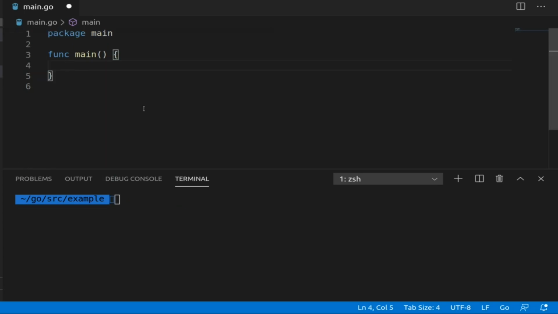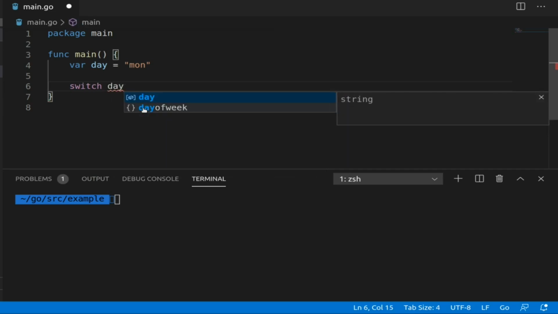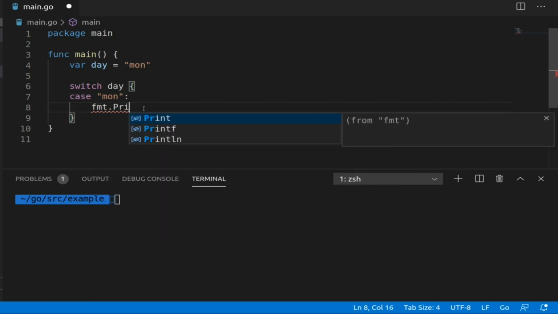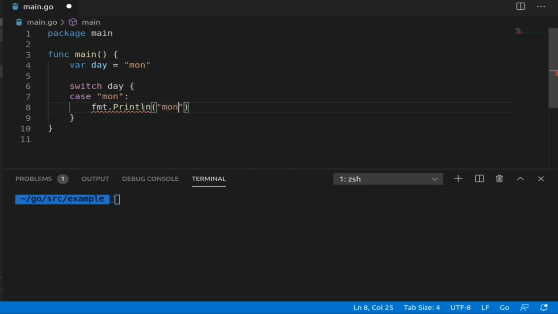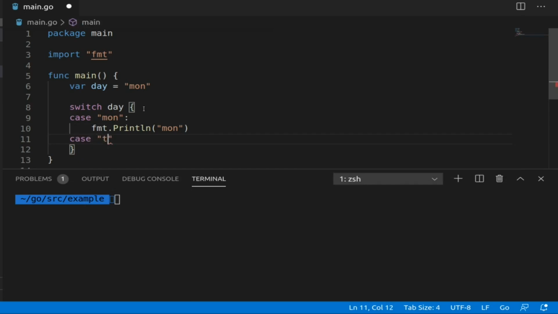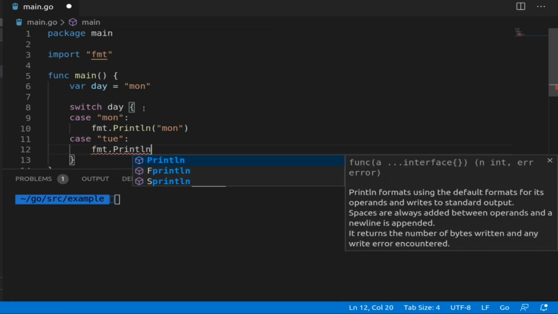Now let's take an example of a switch case. For that, I am taking a variable day equal to Monday and writing a switch case and passing day as a key. I am writing a case whenever the day is equal to Monday, then I will print Monday, and whenever the day is equal to Tuesday, then I will print Tuesday.